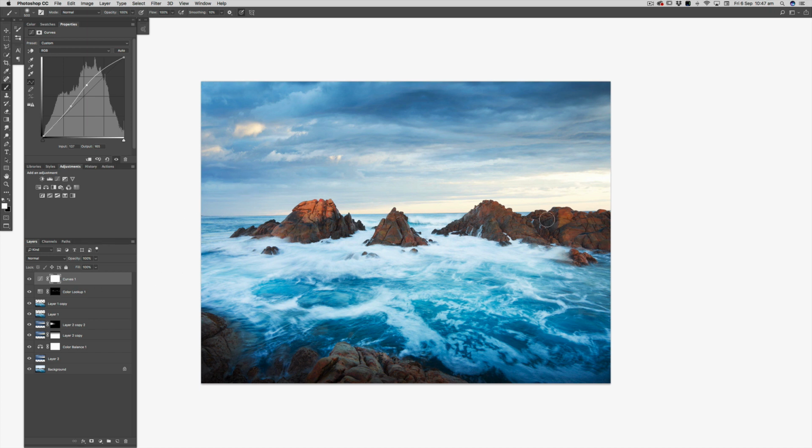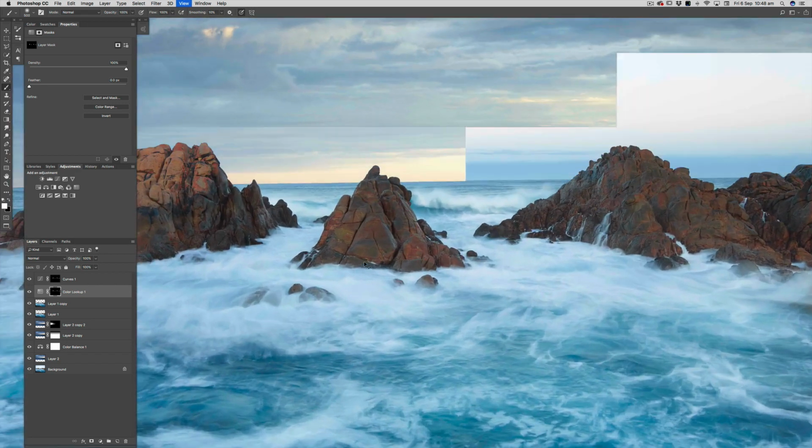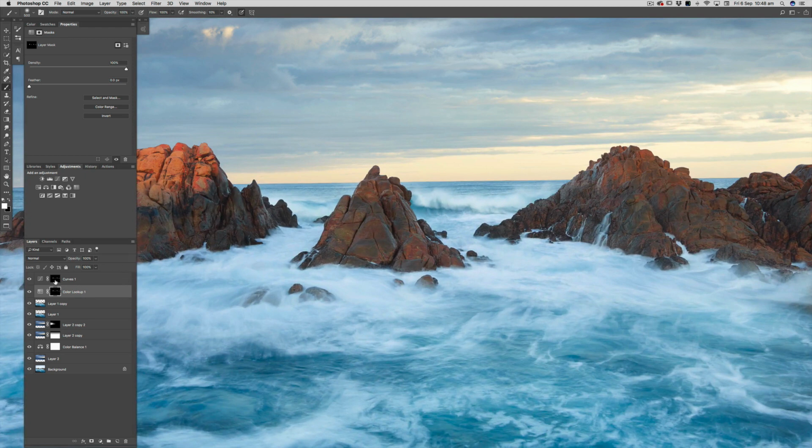And now to make it match what we've already done and to hide it from everything else, all we need to do is click on this layer mask, hold down the Option or the Alt key, Alt if you're on a PC, and click and drag up to there, and it'll just put it then on that area there. But you can see I've stuffed up because it's actually hitting this part of the horizon there. So that's alright. I'll just go in, click that layer mask, B for brush, make sure black is my foreground colour, and using my Cintiq screen I can get in nice and close, and I'll just fix that area up